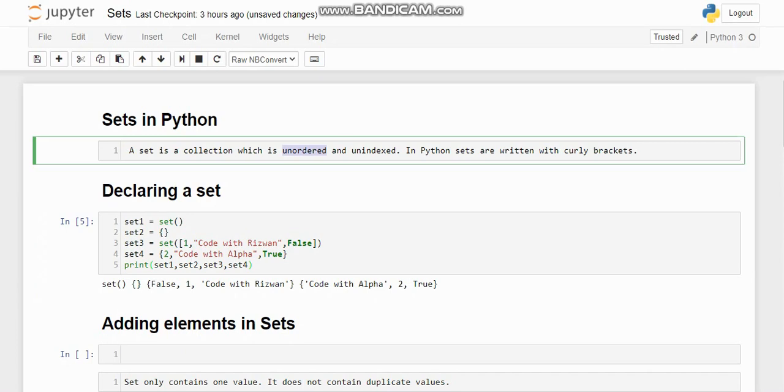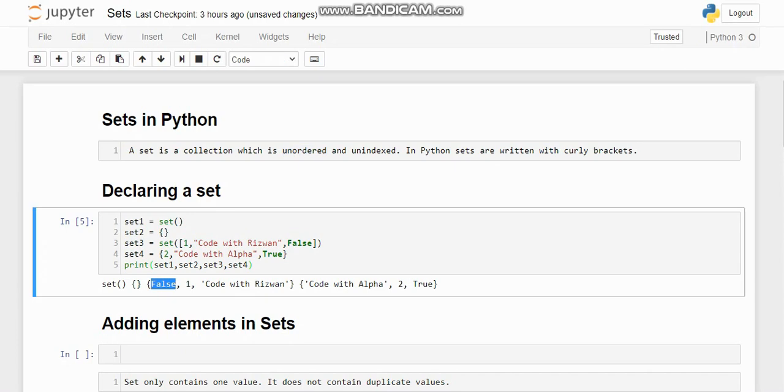But here you can see it is first boolean, then integer, and then string. Similarly, in the fourth set it is again randomly arranged. The first value is a string, the second is an integer, and the last is a boolean. So all the variables are allocated randomly inside the sets.